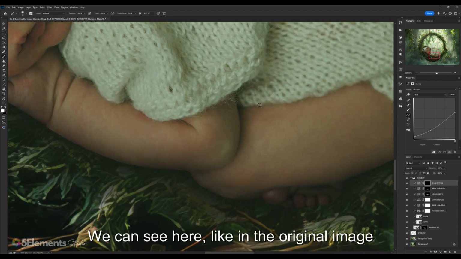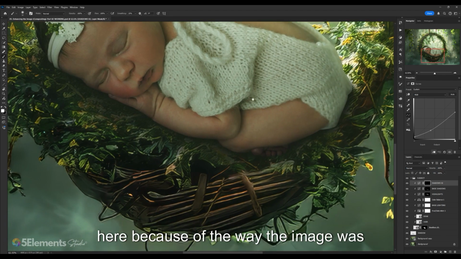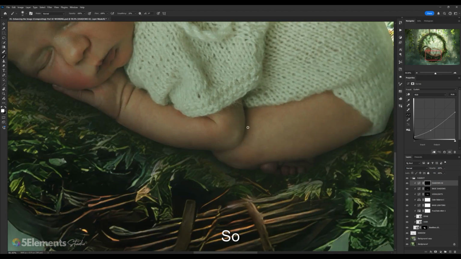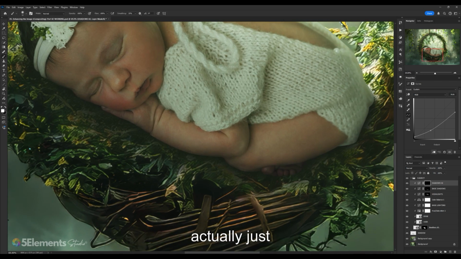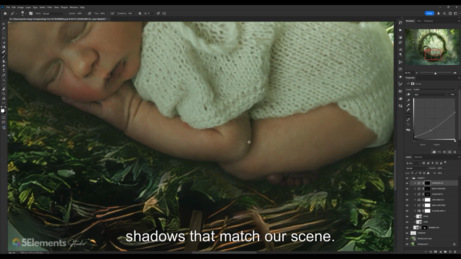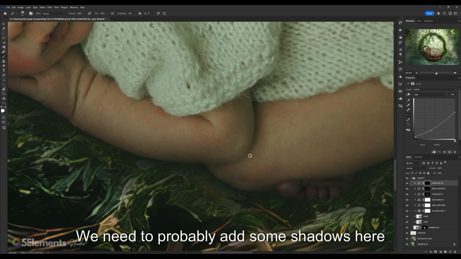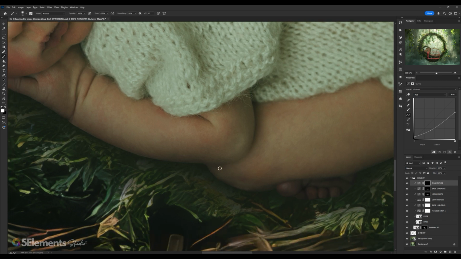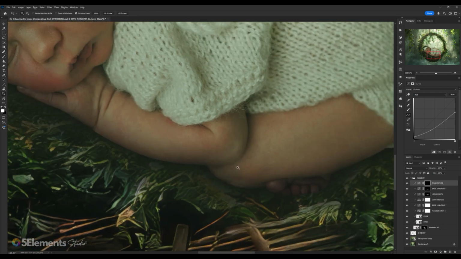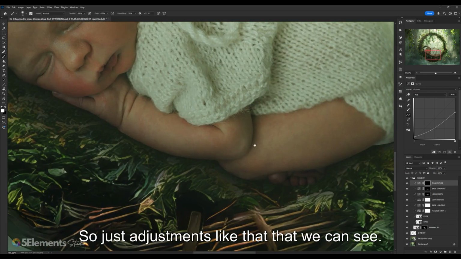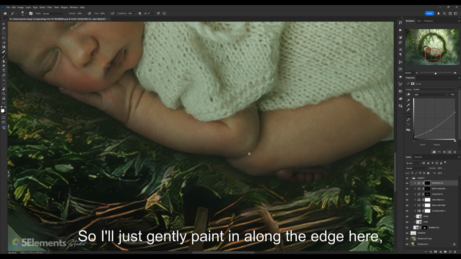So we can see here, like in the original image of this baby, we've got shadows occurring here because of the way the image was, the lighting in the image. So because obviously we are compositing and this is a different scene, we want to actually just add shadows that match our scene. We need to probably add some shadows here because this being lit brighter here doesn't really make a lot of sense in this scene. So just adjustments like that we will add. So I'll just gently paint in along the edge here